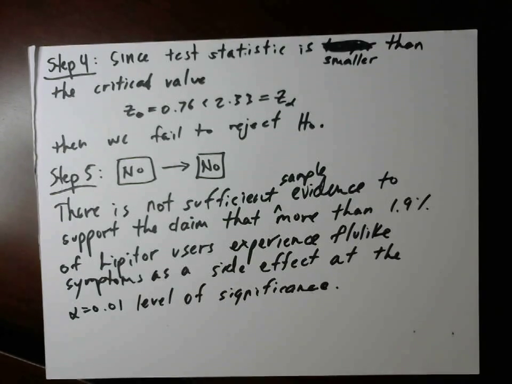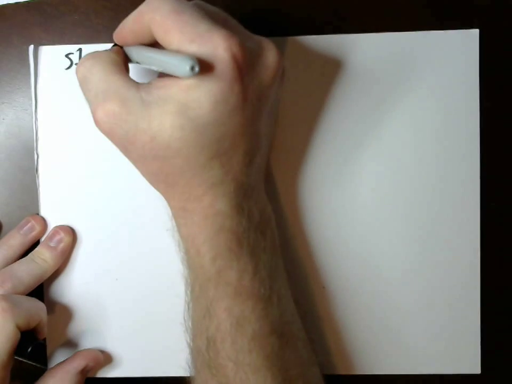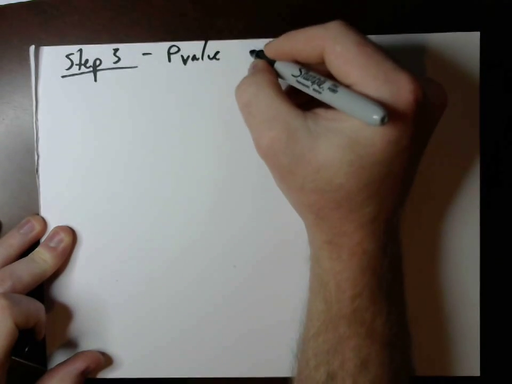And I really want you to get used to the p-value approach, which is where we're comparing the p-value to alpha in steps 3 and 4. In step 3, you calculate the p-value, and then step 4 is you compare the p-value to alpha. Just to explain the p-value approach, let's go ahead and do that really quickly. So back to step 3, if we were going to do step 3 with the p-value approach,